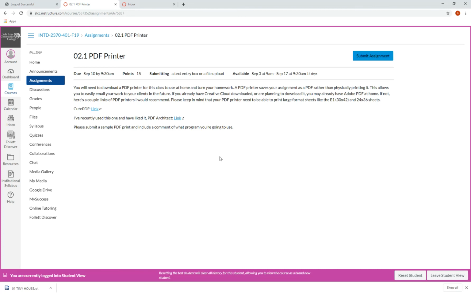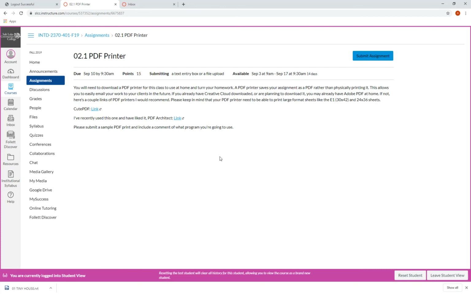What on earth does that mean? There might be people who have never printed a PDF before here in class. It's common, but maybe not that common, depending on the line of work you're in. But now, when I say print a PDF, it doesn't mean that it's going to come off of a printer. What it means is there is a digital printer installed on your computer that you can actually go set up like you would a printer, and when you hit print,